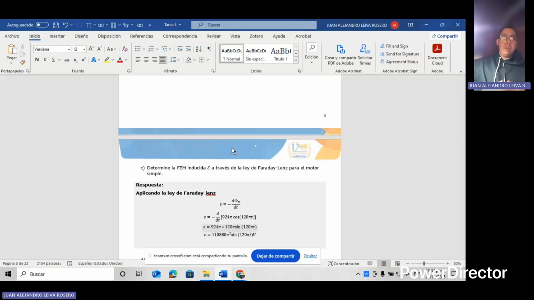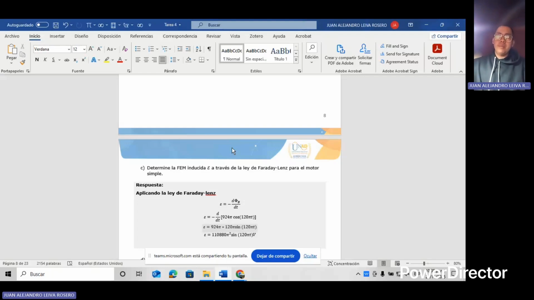Today we will explore fundamental principles of electromagnetic induction as applied to electric motors. Specifically, we will calculate the magnetic flux in a coil with multiple loops and determine the induced electromotive force. This process is crucial for understanding how electric motors convert electrical energy into mechanical energy